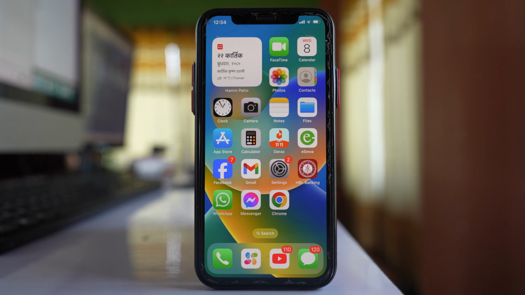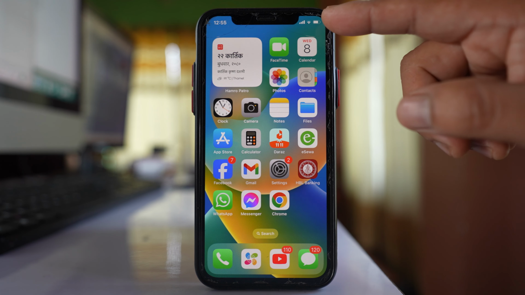In this video today, we will see what to do if another iPhone can't detect or find your iPhone while using AirDrop. Now the first thing is, in order for your iPhone to be found, you have to first unlock your iPhone. Now the next thing is, AirDrop works with Wi-Fi and Bluetooth.